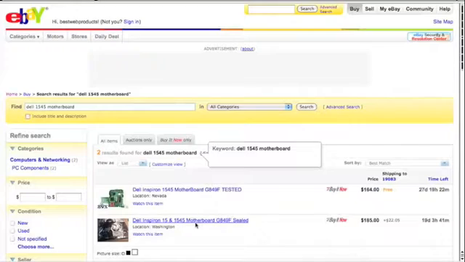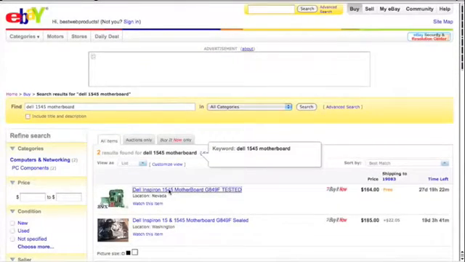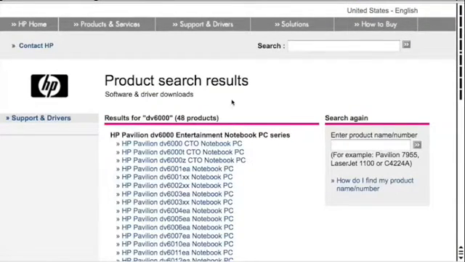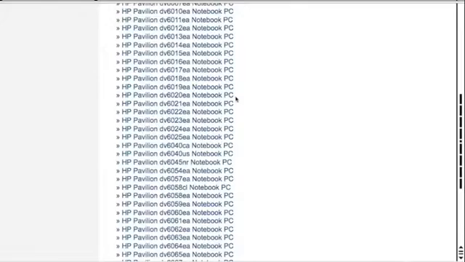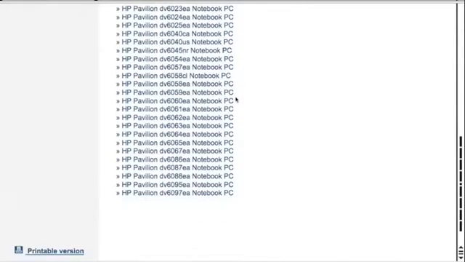The problem with doing a search like that, though, is, for example, HPs have like a DV6000 model, but there's actually like 100 different submodels in the DV6000 series, and some of them have different motherboards than each other. Like, say there's a DV6310 US or DV6425. So that's when you have a computer like